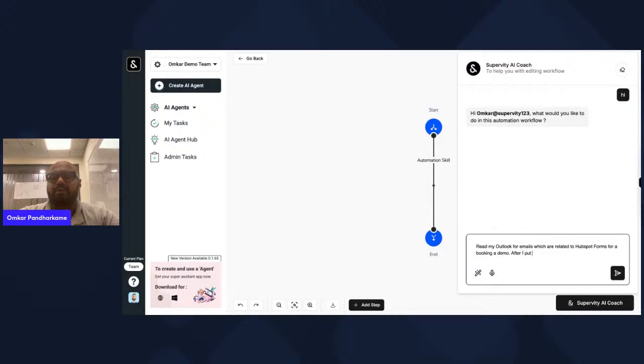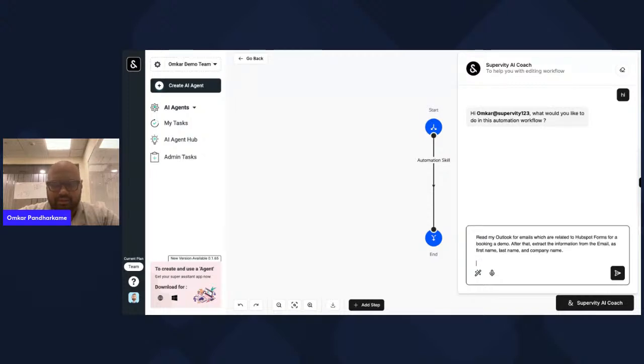After I get those forms, extract the information from the email as first name, last name, and company name. Then, using the name of the person from the previous step, conduct a web search about the person and the company.